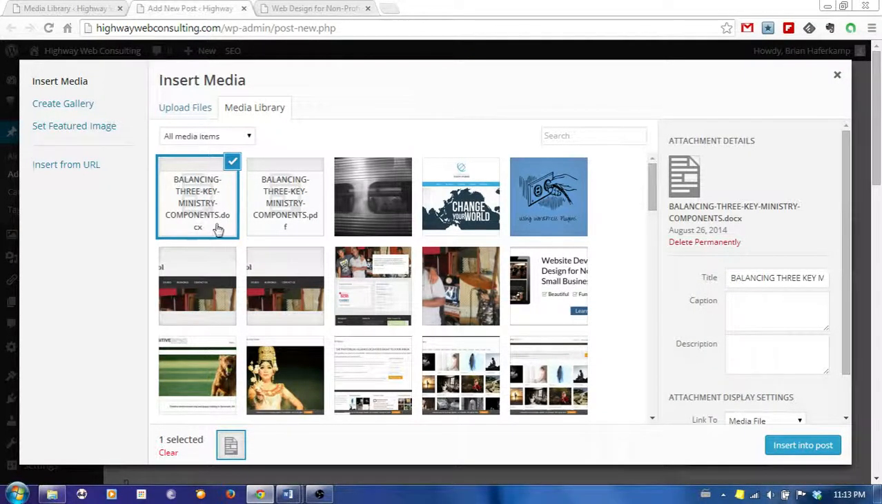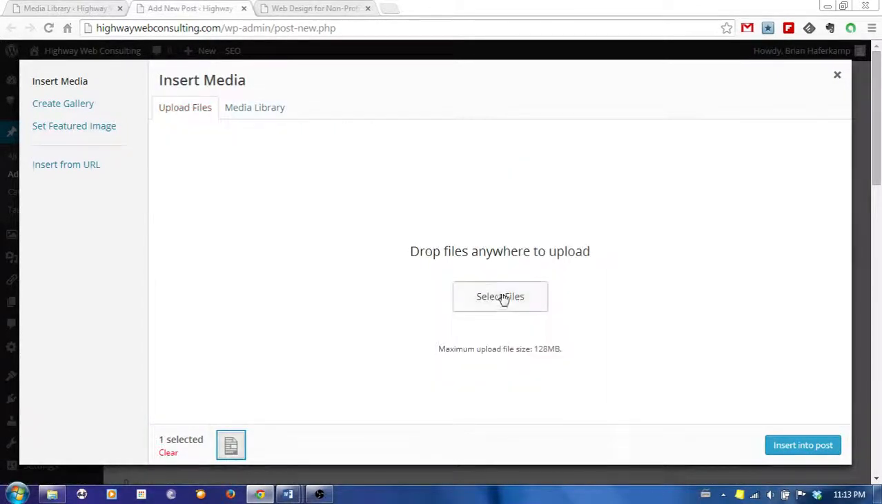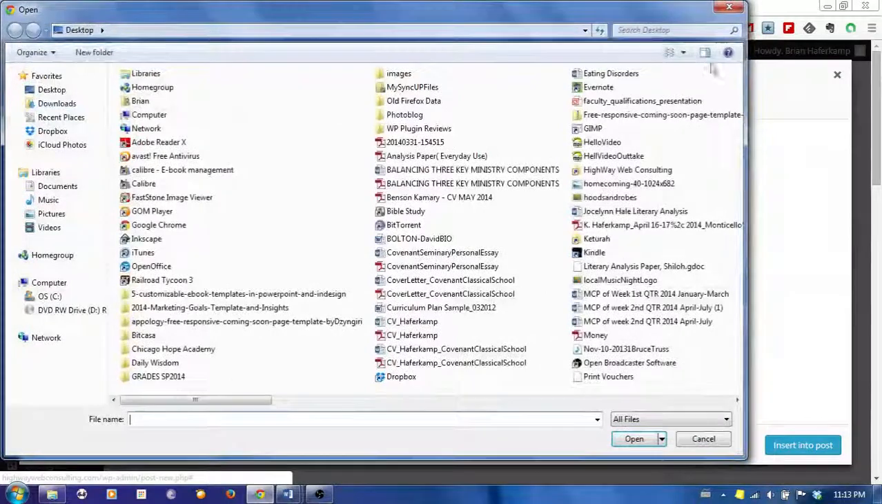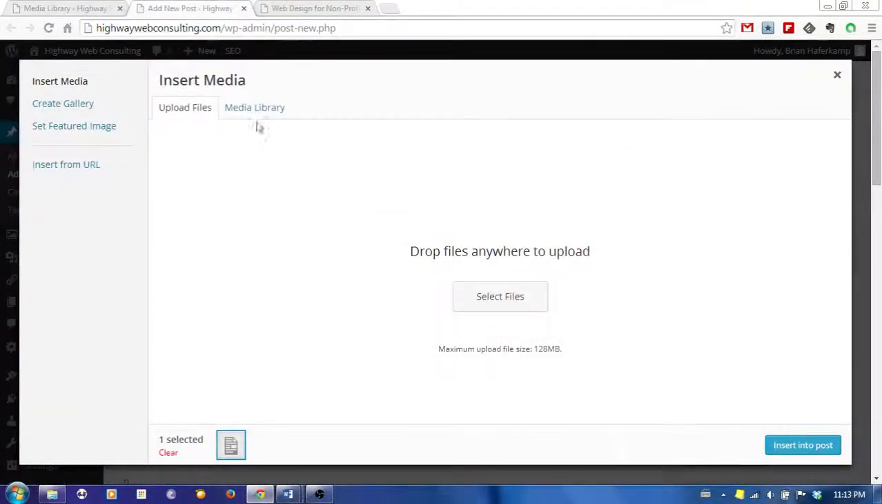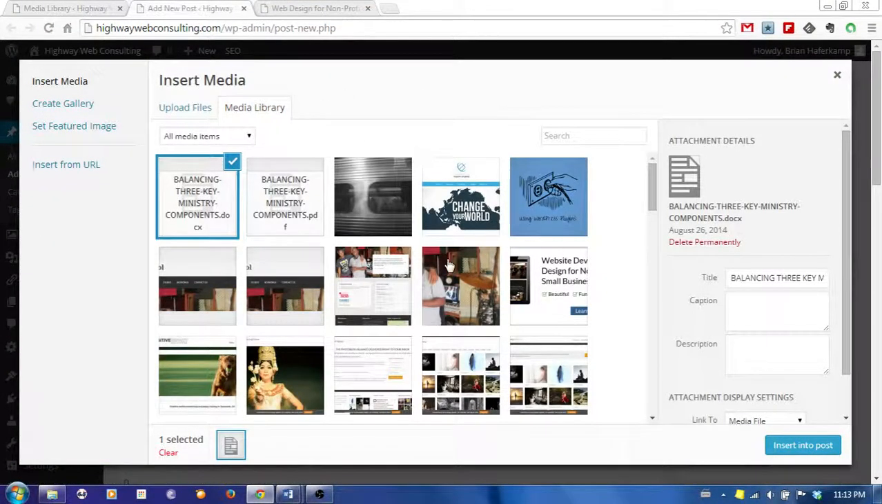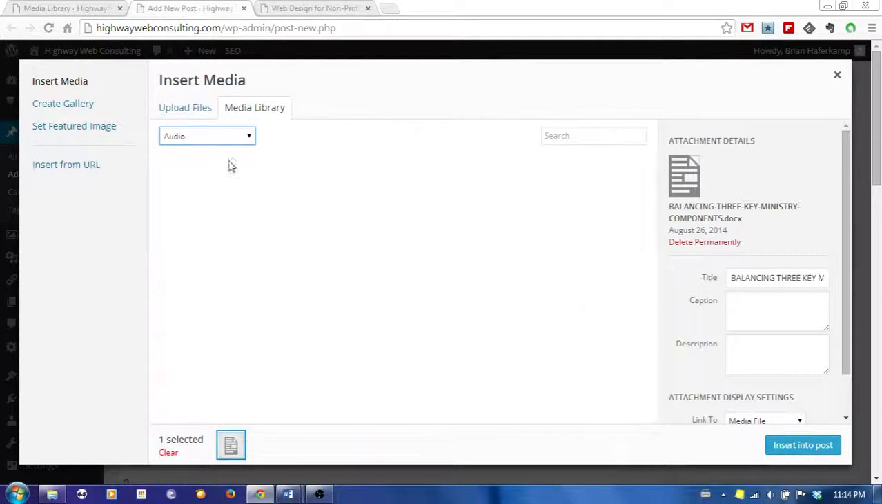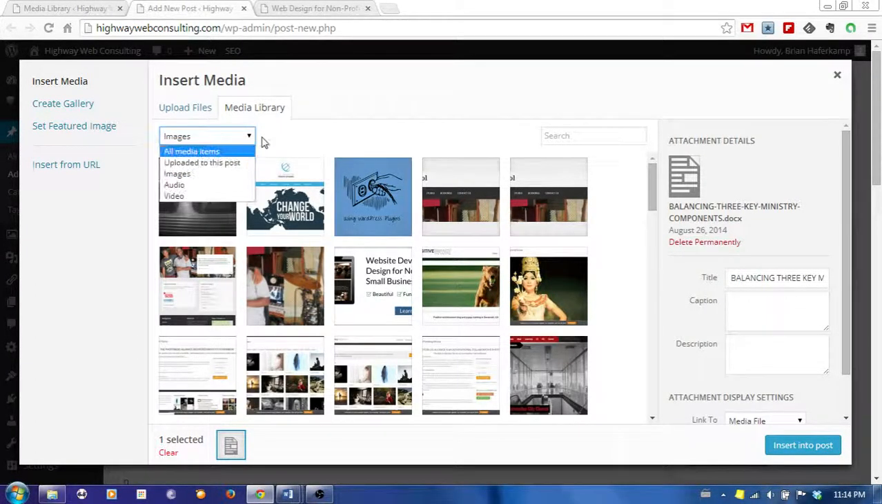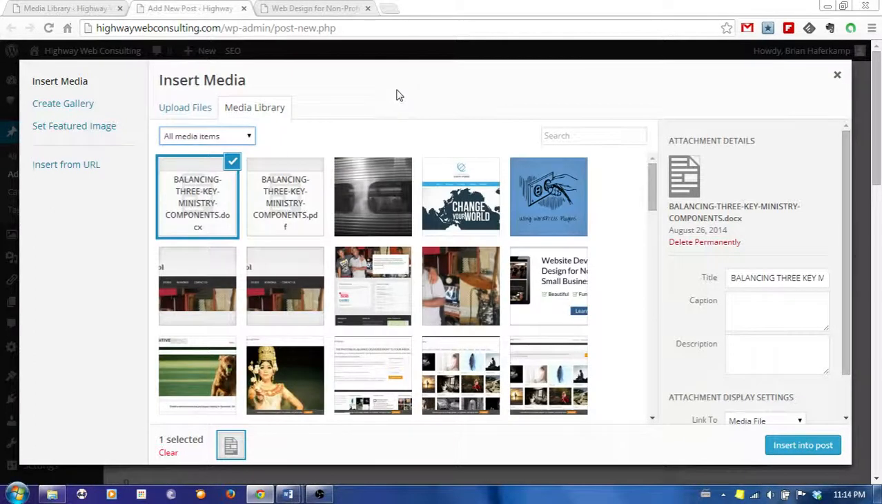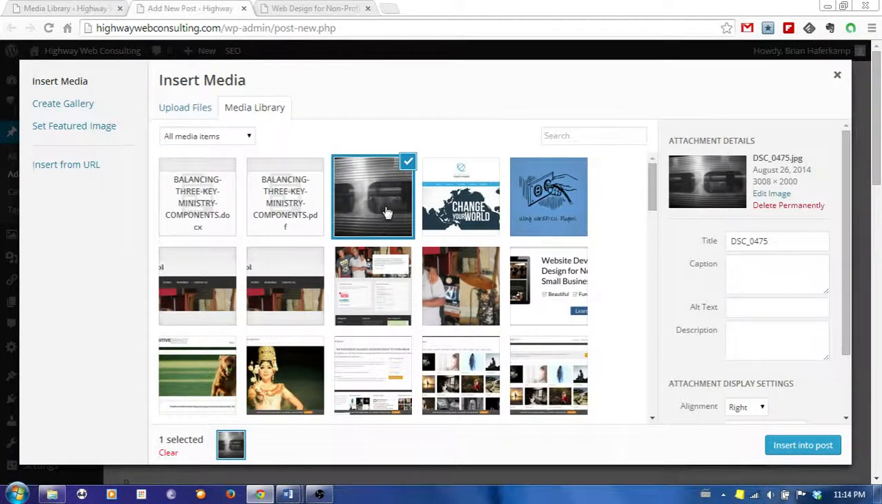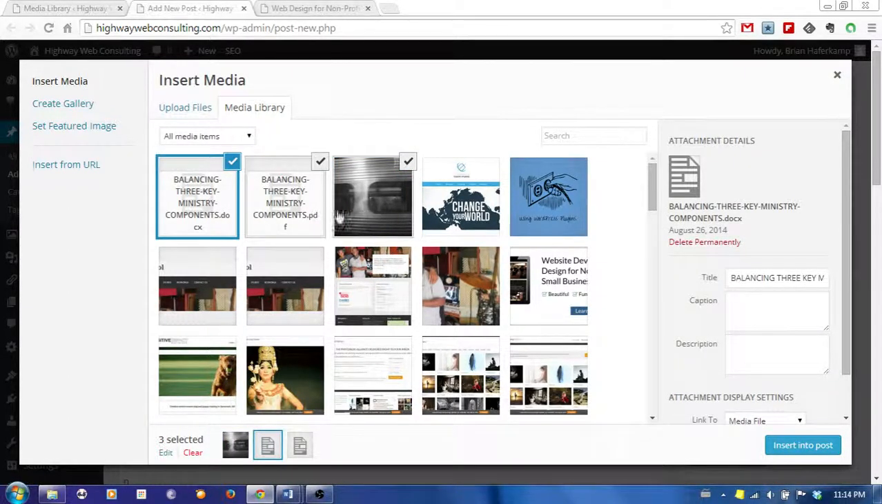There's a PDF file and a .doc. And you could also upload new files if you need to, so you just click select files. You can filter through the different things, so if you have any audio or if you have any video, which I don't, or images, so depending on what kind of file you want to look at. And all you do to select it is just select here. Again, you can hold down shift and select many at a time,